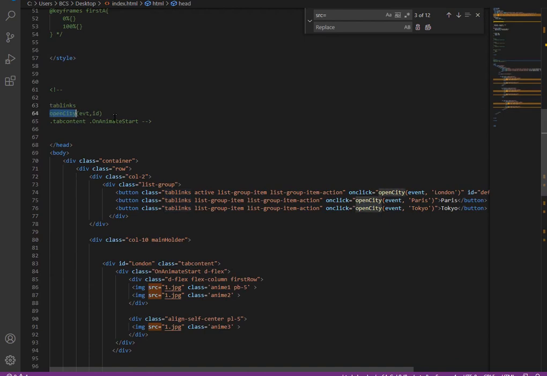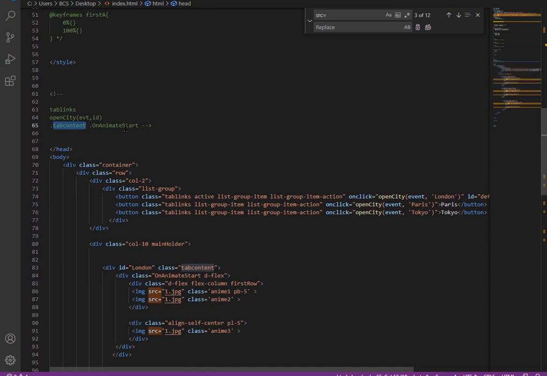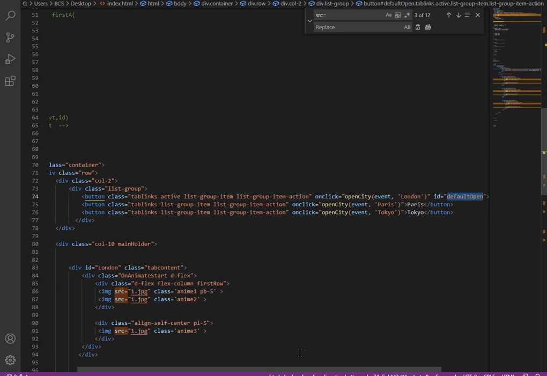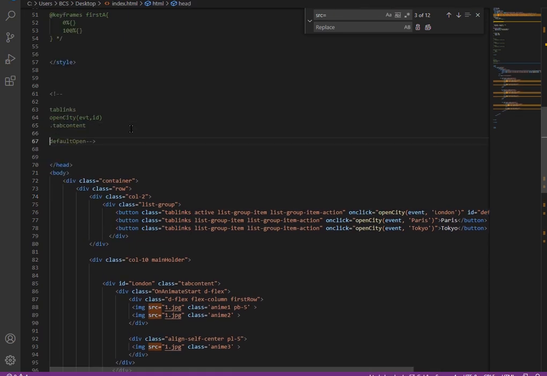Tab links, OpenCity and tab content for each of them, and then this is it. And if you see, we have used the ID for the first button, just to remind you, on load only one div should be opened.